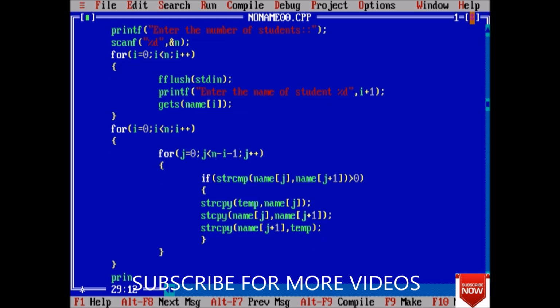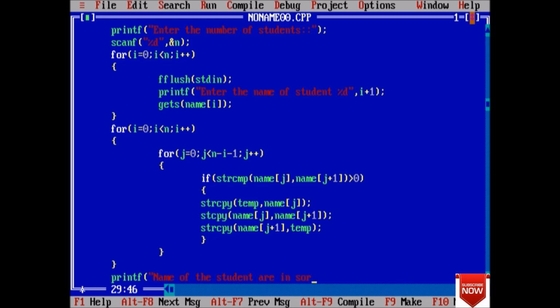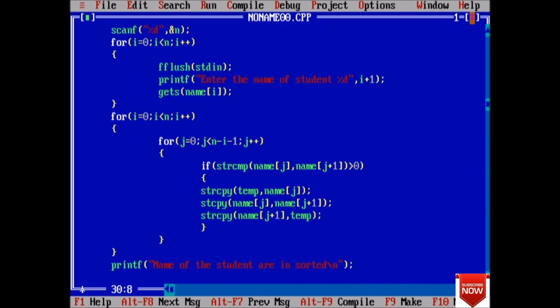And at last printf, names of the students are in sorted order, percent n, for i equal to 0, i smaller than n, i plus plus.